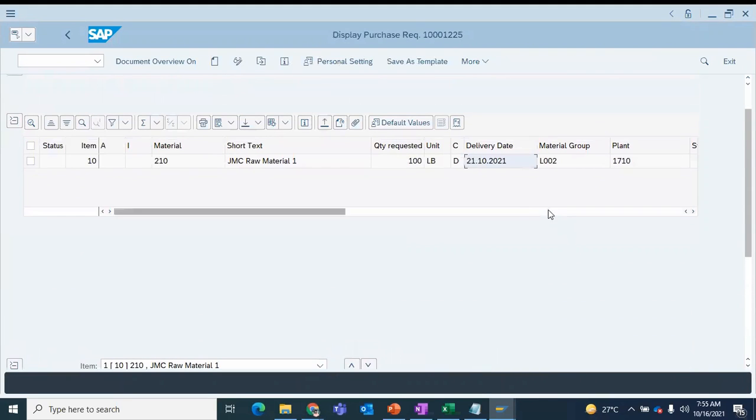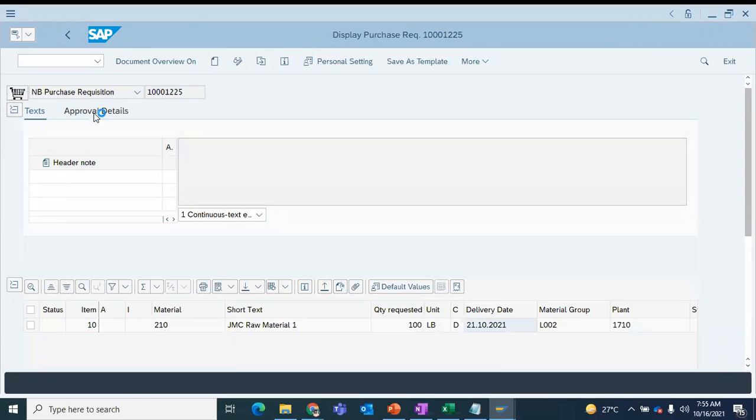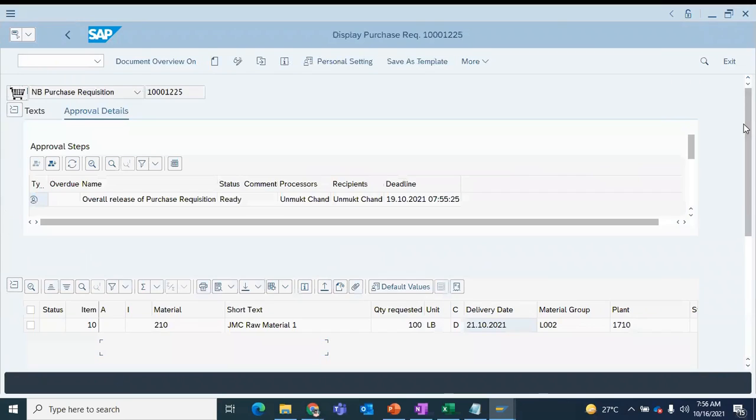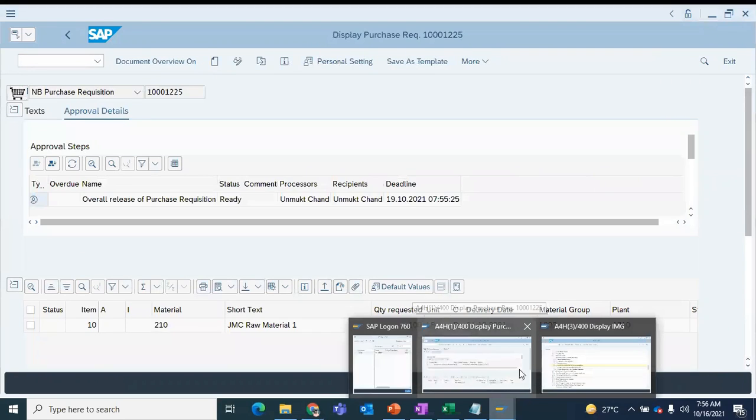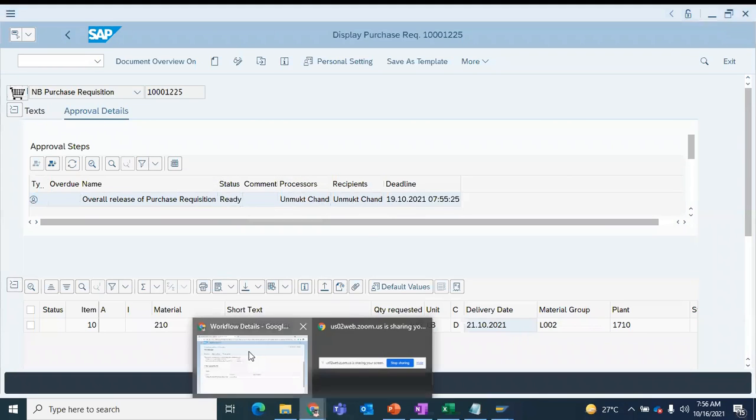That's creating. Here it is. It got created. Maybe that checkbox, overall, that is the thing we need to do. Yeah. Here it shows as flexible workflow. Here you can see it as approval details. In purchase requisition, there's a difference. It shows as approval details. It doesn't show as flexible workflow, but it doesn't show as release strategy also. It just shows as approval details. Same thing. Overall release of purchase requisition is ready. Everything is seen here. Let's see if this flows to